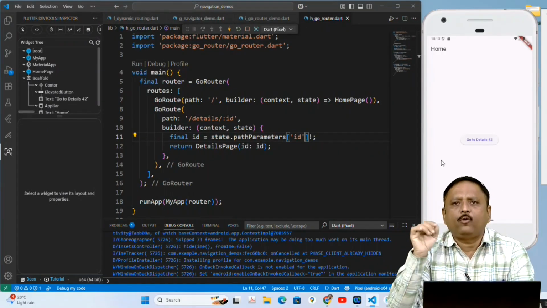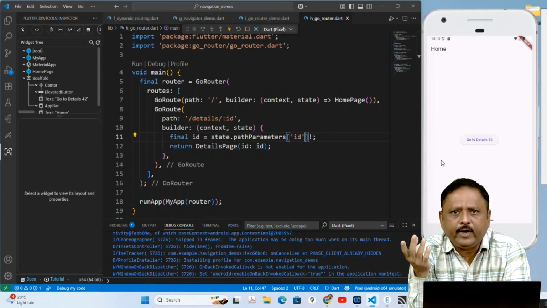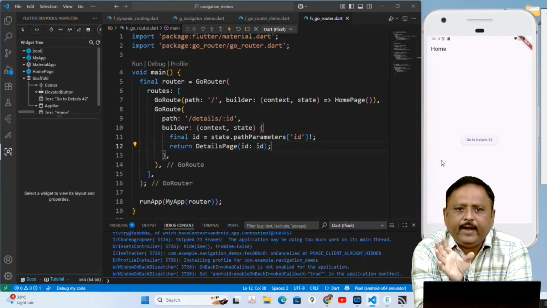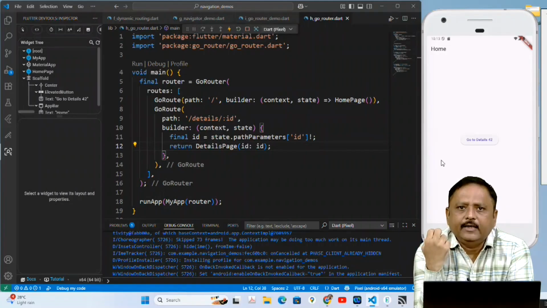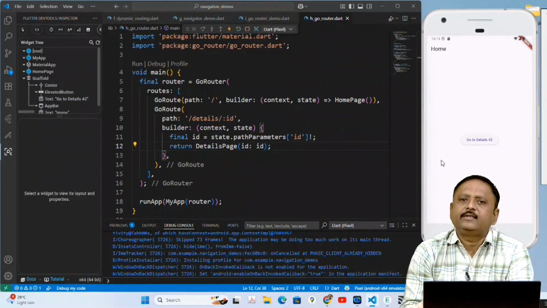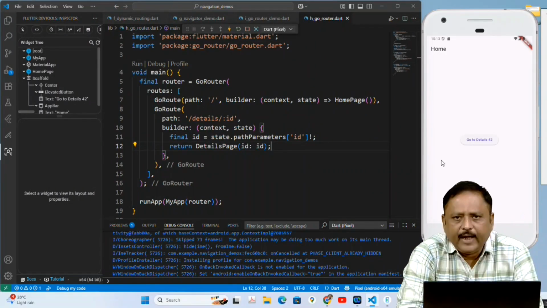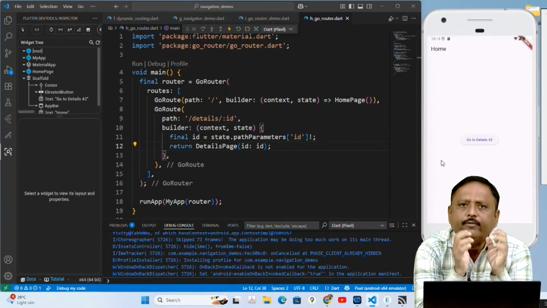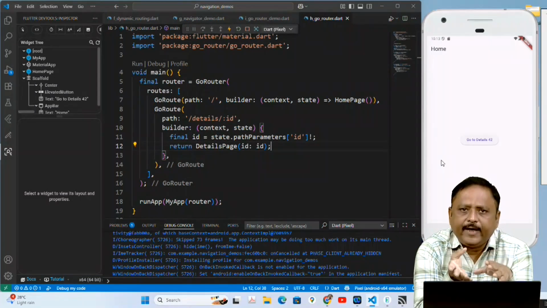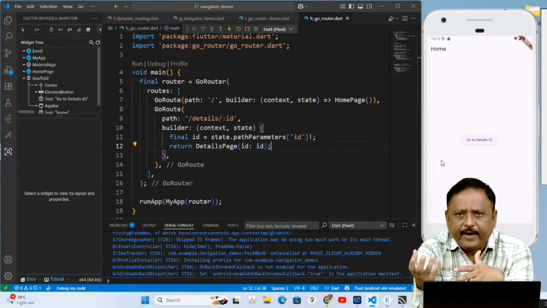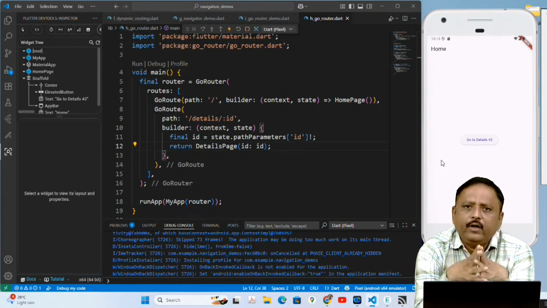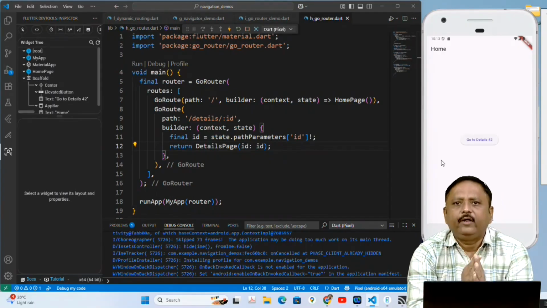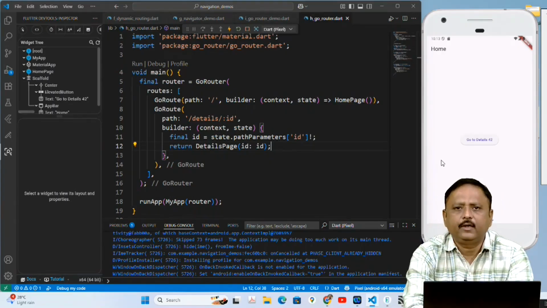It returns 42 because I have passed 42 in the context.push method, and then we want to display the detail page, and inside its constructor we pass that id like in the earlier example. The very first step to use GoRouter is to define GoRouter with pages, where you can return that page or navigate to that page, or you can extract an argument from the path and pass that value to another screen.